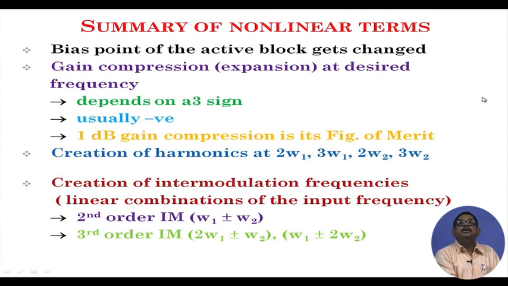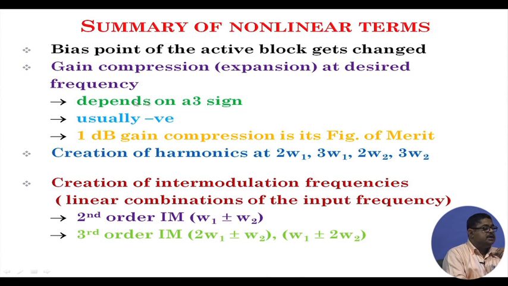So, a summary of these nonlinear terms, and this lecture will finish. We have seen the danger of third order intermodulation. We have seen that due to nonlinear terms, the bias point of the active block gets changed. We did not have any DC in the input, but the DC has changed. So, the bias point of the active block also gets changed, this we should be aware of. Gain compression,